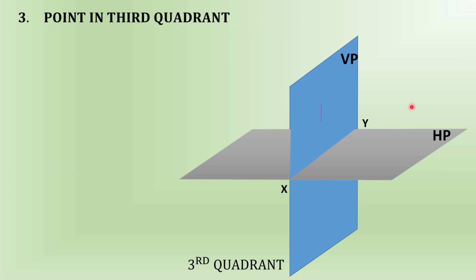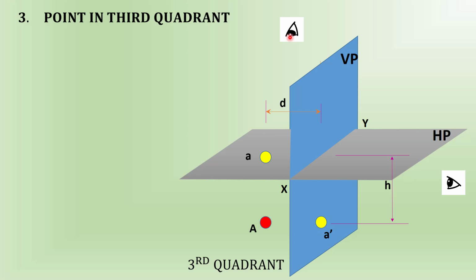Now let us consider the point lying in the third quadrant. Third quadrant means the point will be behind the vertical plane and below the HP. So you can mark that point here. A denotes the original point, which is at a distance of D from the vertical plane, and H below the horizontal plane. Now how will you get the plan and elevation? When you look from the front, the image of this original point appears to lie on the vertical plane somewhere here. That is a dash, that denotes the elevation.